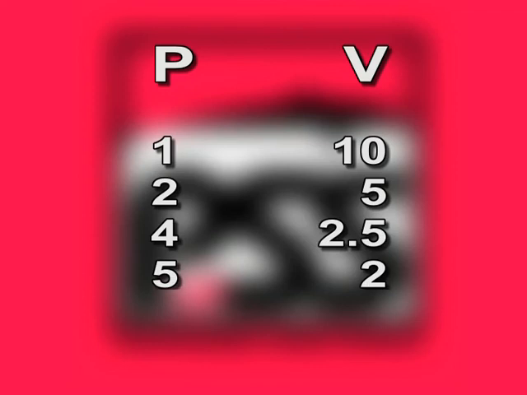The relationship between pressure and volume is said to be inversely proportional, meaning when one value increases, the other decreases, and vice versa. In simple terms, this means that if the absolute pressure doubles, the volume of gas halves. If the absolute pressure triples, the volume becomes a third of its original size, and so on. The only parts of the human body that can